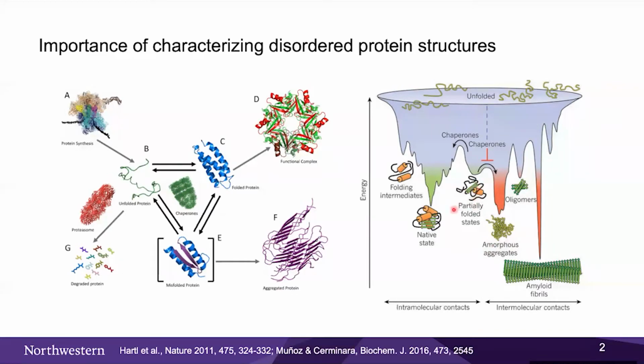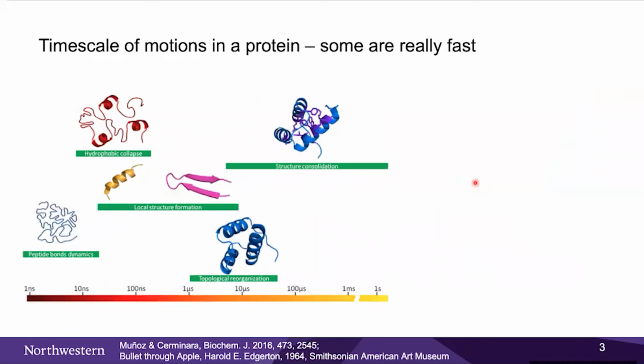And in our group, we're interested in knowing how the native state becomes a partially folded state. Specifically, we want to know what part of the protein becomes unfolded or disordered, and how does that happen? We also know that these relatively higher energy states may have just a short lifetime, which means they are transiently populated. And to follow that transientness, we have to survey the timescale of motions in the protein.